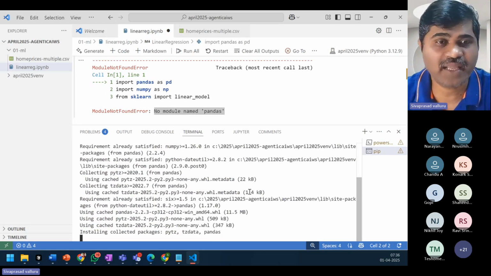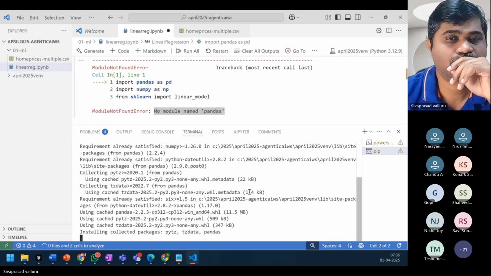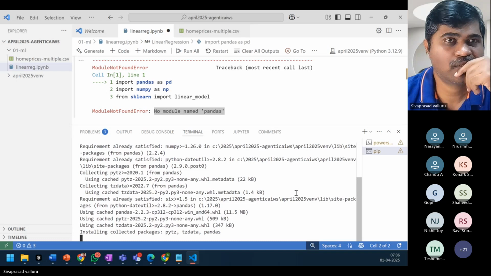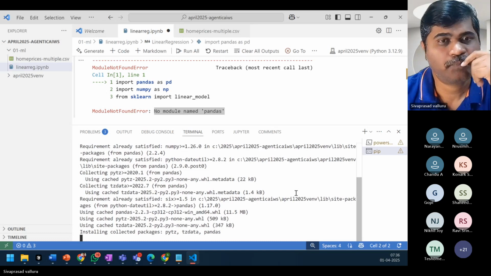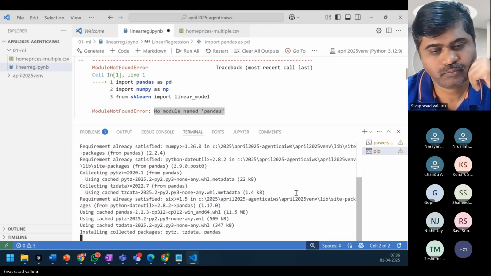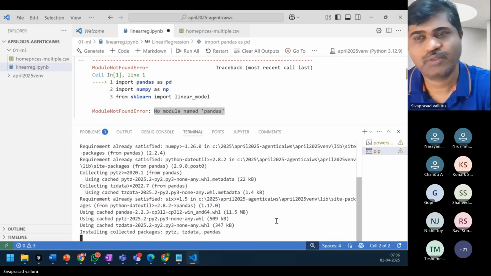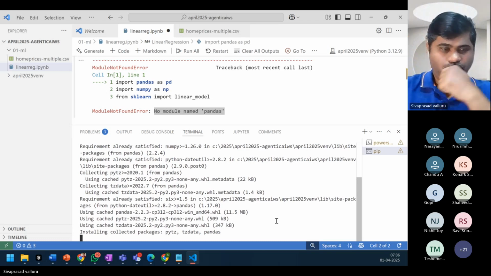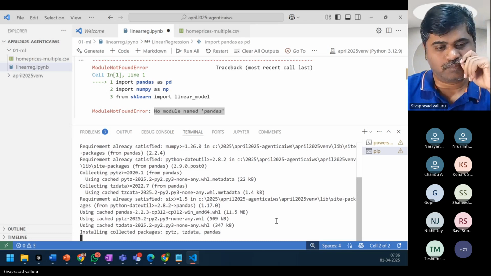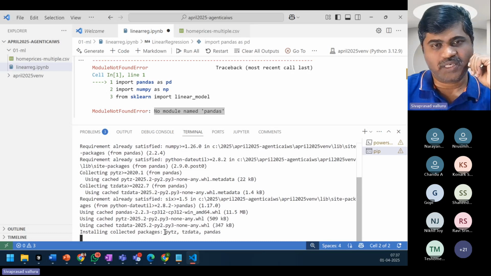So it installs that pandas library. Let us wait. Still installing.